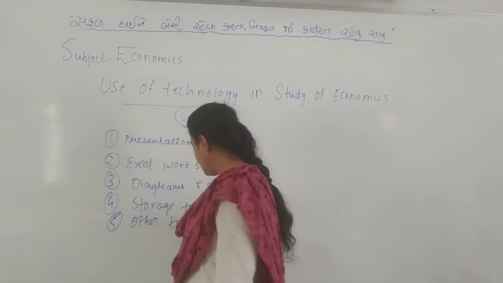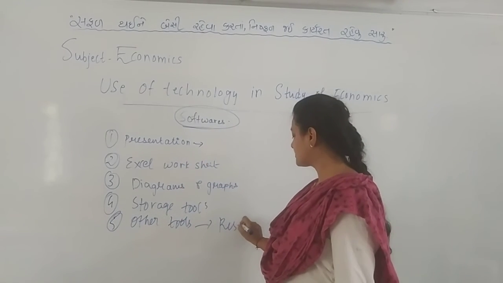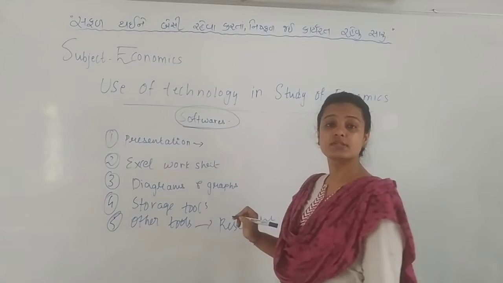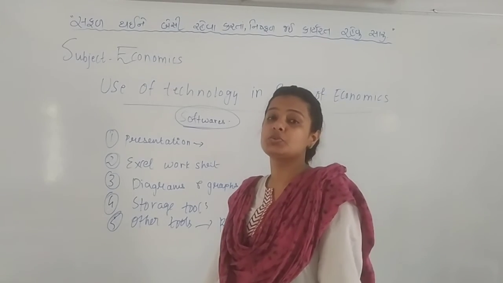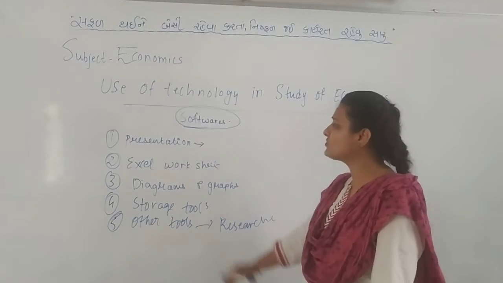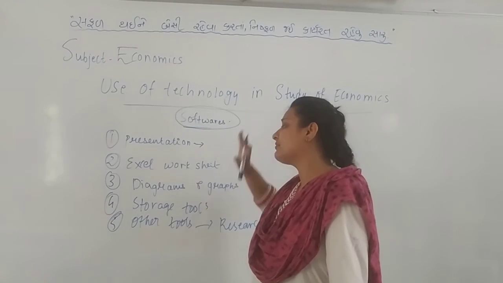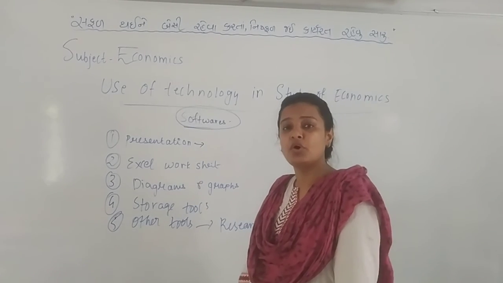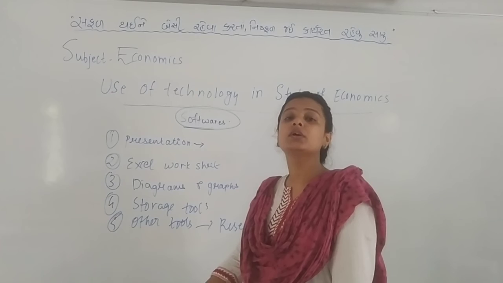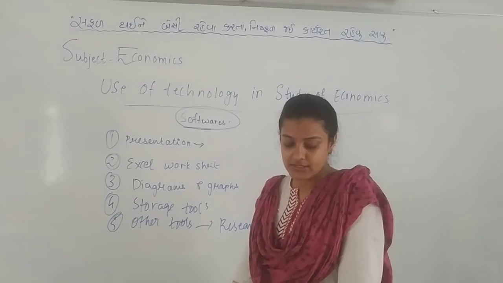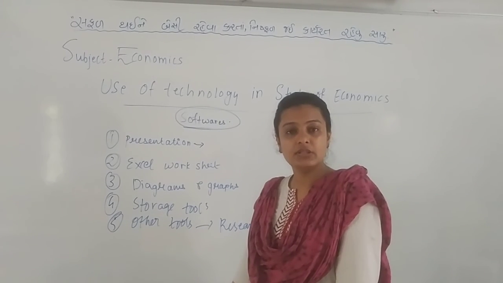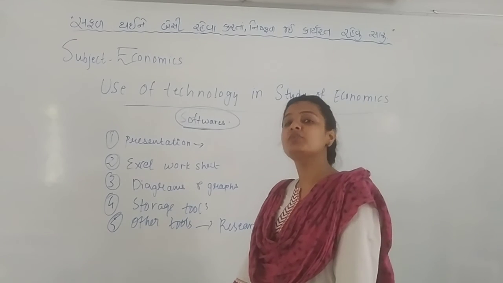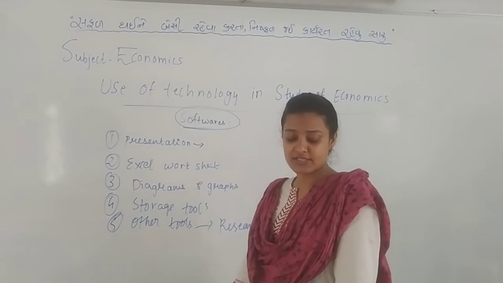Last is the other tools. Other tools are generally required for researchers. A person who is researching or studying anything related to research purposes can use different kinds of software, and can represent such data in a better form for their understanding and for further understanding as well. Some software names are also given. Such full forms can be asked in your board exam as well.